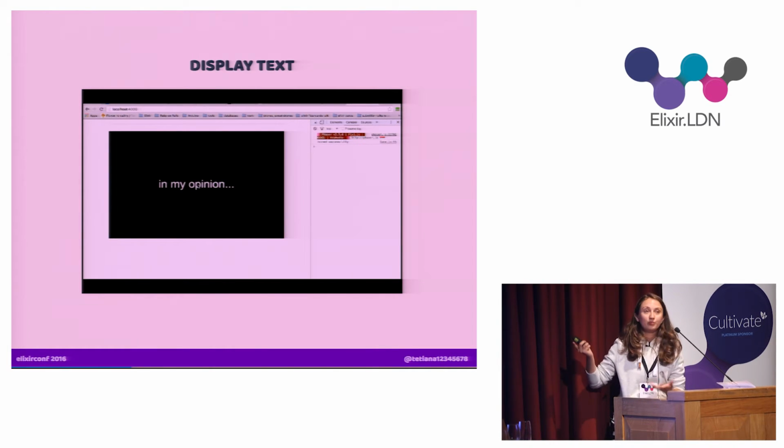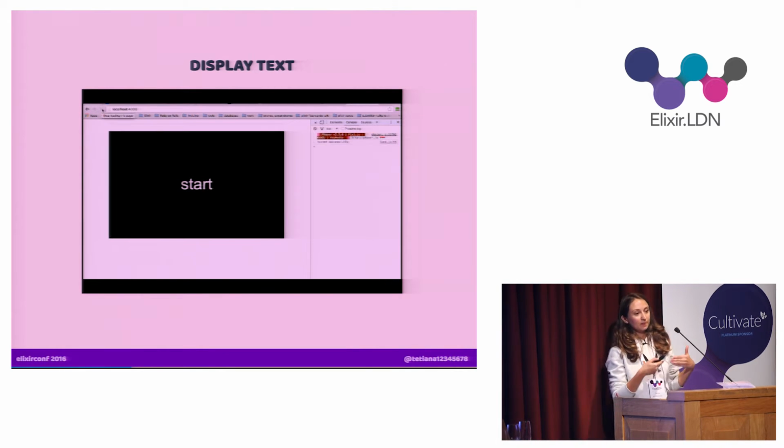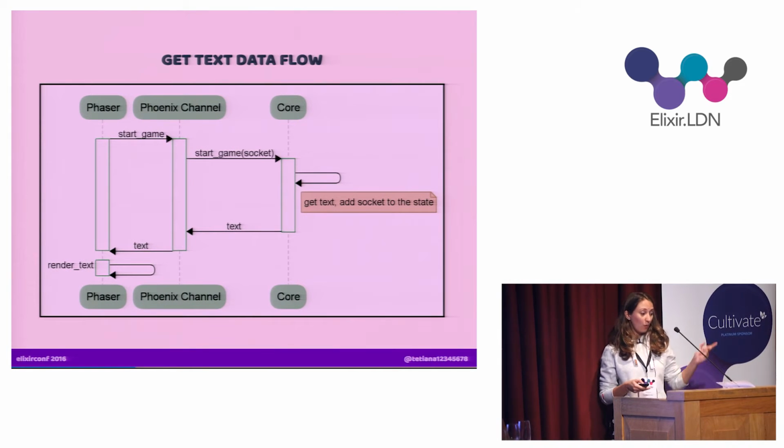Okay, so when we join the channel, we get our start button, and then the next step would be, when we press that start button, we are in the game, ready to play. So let's do those steps with clicking on the start button and getting into the game. When we click that start button, it sends a message to a Phoenix channel, start game, which is passing it through to the core. And the core is my